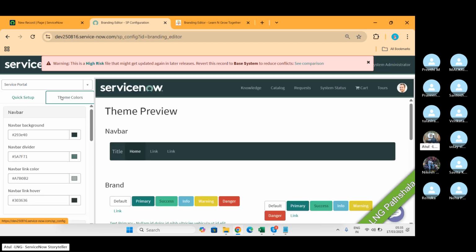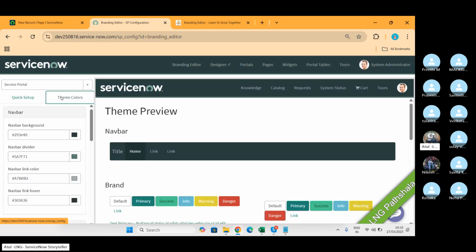What you have to do now for today's homework, you can do this exercise in your own PDIs, because if you do it in my PDI, the person who saves last will override everybody else's changes. So you can go and try this option in your own PDI. You can create the portals in my PDI, that's fine. But when it comes to the branding and all, then you must do it in your own PDI. Give me a minute. Let me switch on the charging.